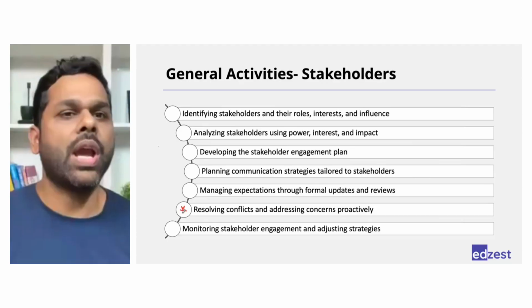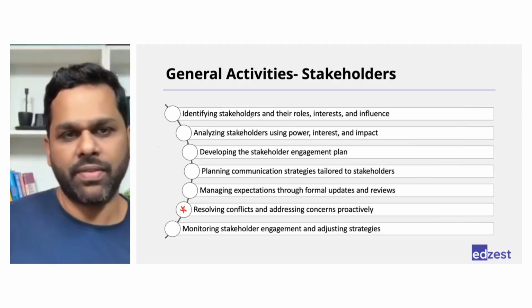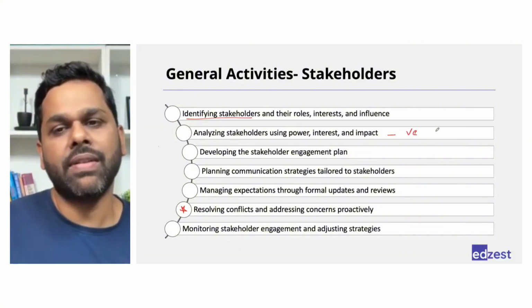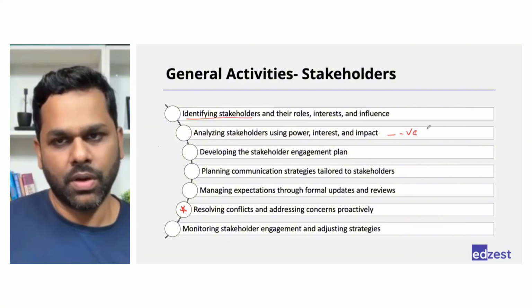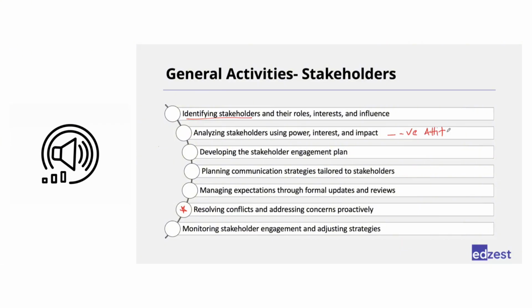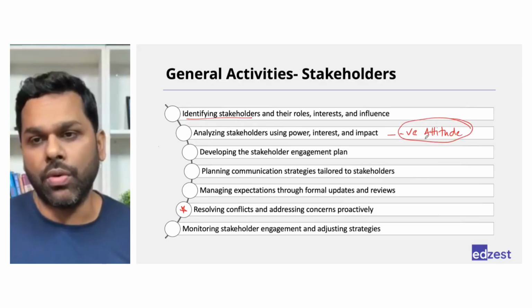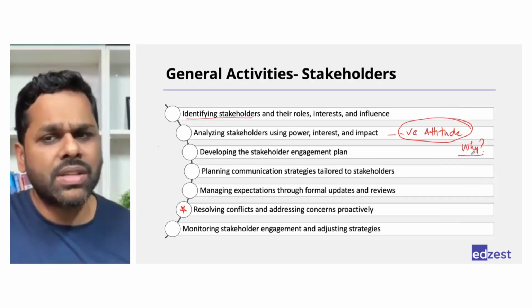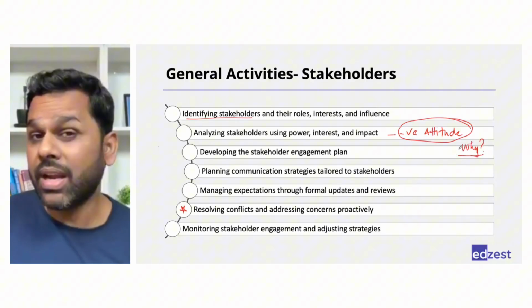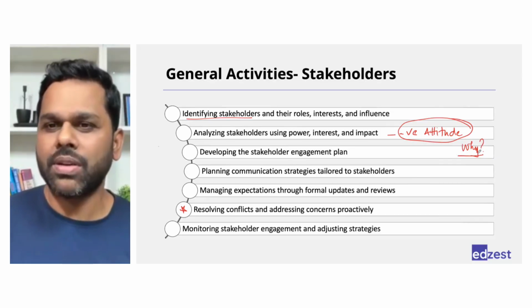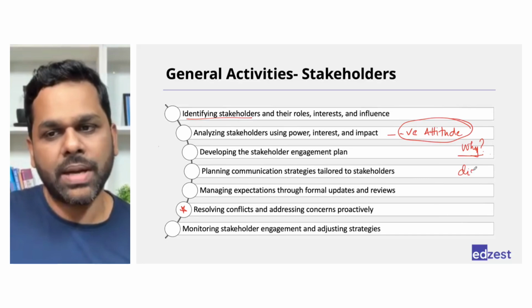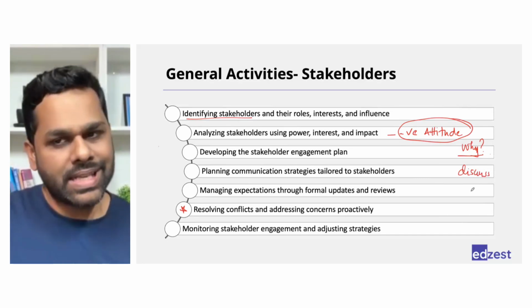If we have identified a stakeholder and while analyzing, we understood that this person has a negative attitude, that means they probably don't want us to succeed. Right? So what should we do? First, we have to understand why is it so. They must have some expectations which are not getting met. That's why they have a negative attitude. So first, we need to understand why. Then sit with the team, discuss what can be done, decide a solution,